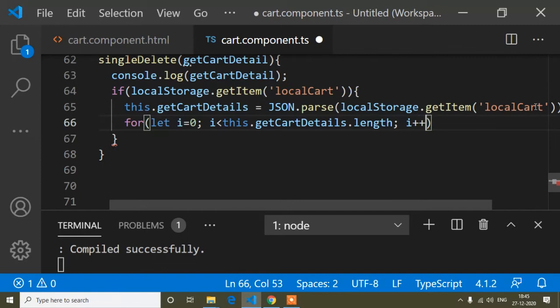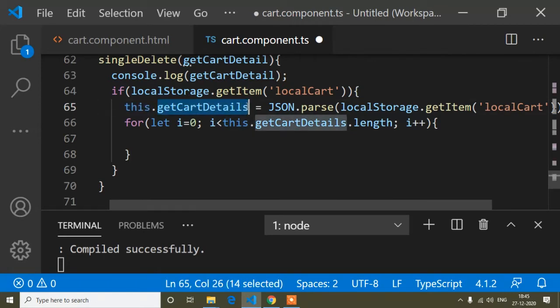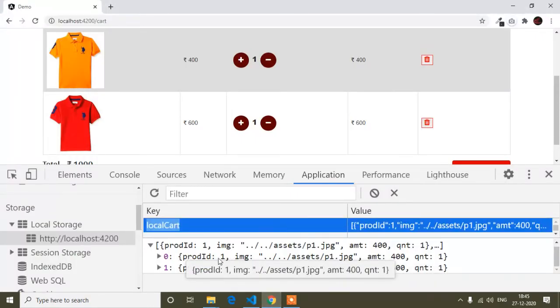That means, guys, after getting all the products which I stored into the local storage, that I assigned in this variable, after that I will check using a for loop, because here you can see it's added 2 products. So the for loop is used to check all the products step by step. If you want to get more details about for loop, you can watch my JavaScript tutorial. There I already discussed for loop and forEach loop deeply. But here you can see, I'm just using the for loop for checking all the products.